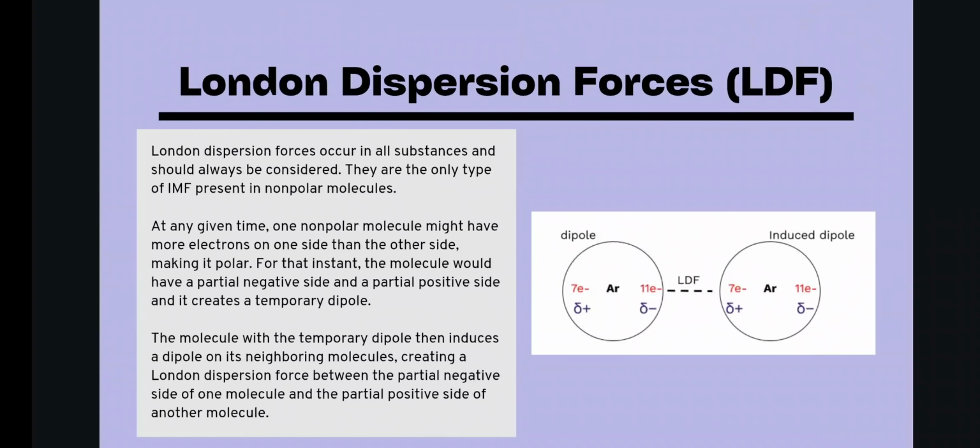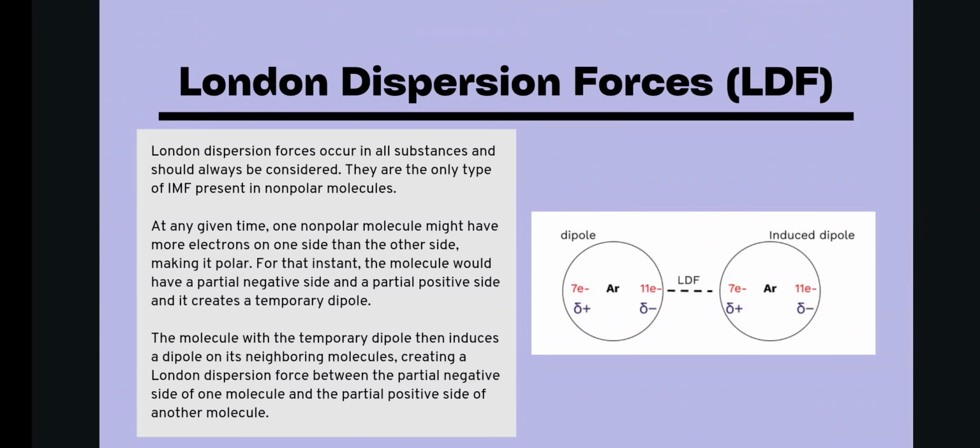London dispersion forces, or LDFs. London dispersion forces occur in all substances and should always be considered. They are the only type of IMF present in nonpolar molecules. At any given time, one nonpolar molecule might have more electrons on one side than the other side, making it polar. For that instant, the molecule would have a partial negative side and a partial positive side, and it creates